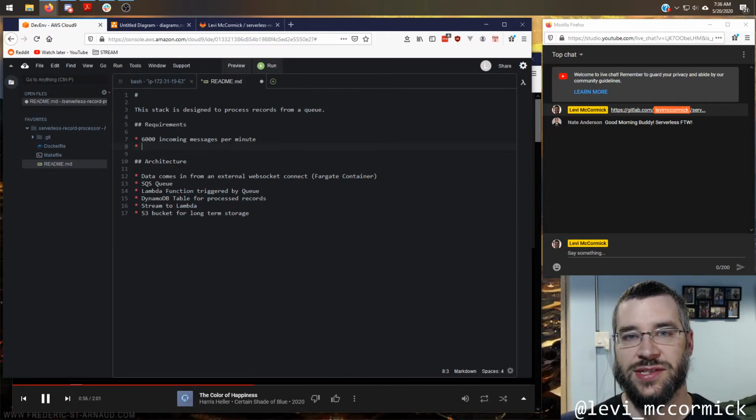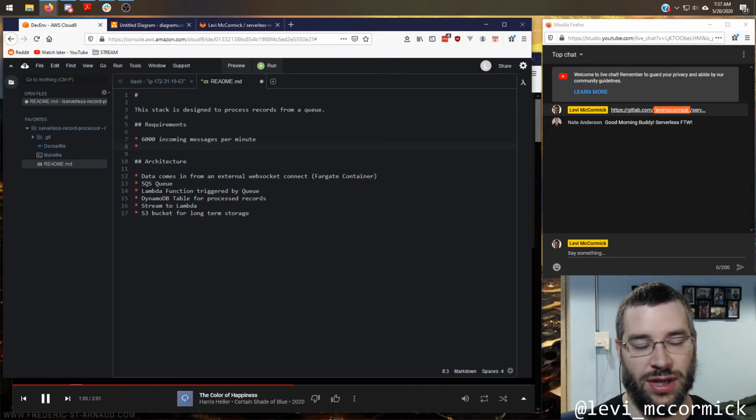You can build it up, spread out capacity, or funnel things back in if you don't want them to happen so fast. So concurrency is a far more important metric in my mind when designing a serverless stack than how many X it is going to do within Y. That doesn't matter.